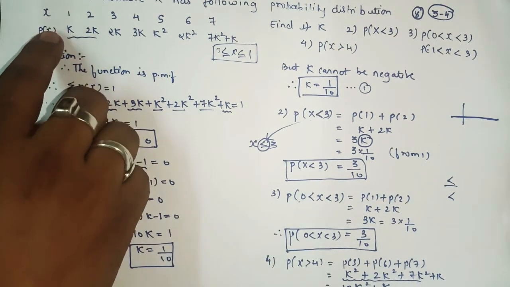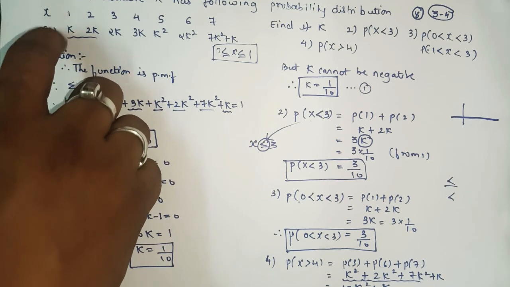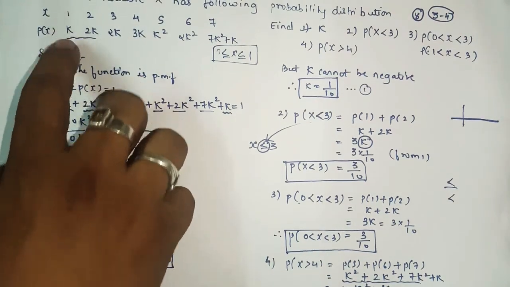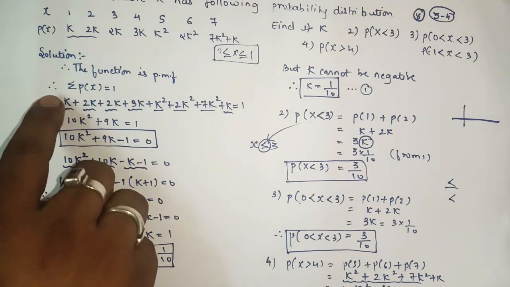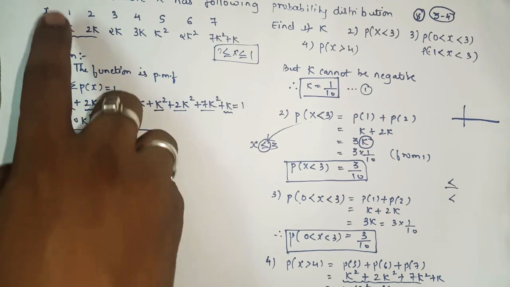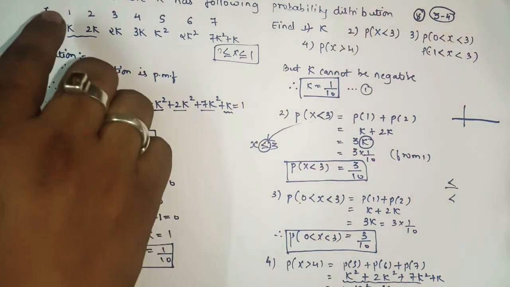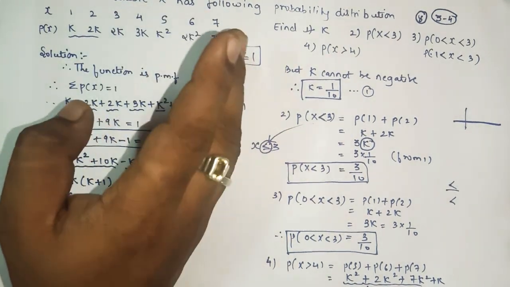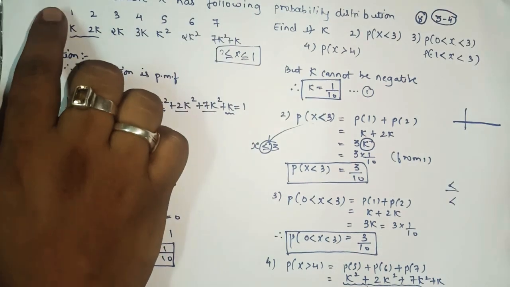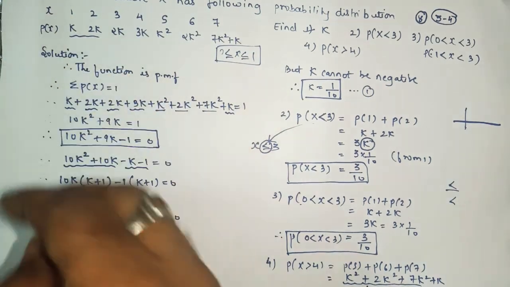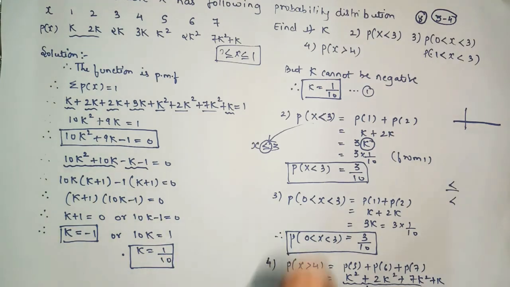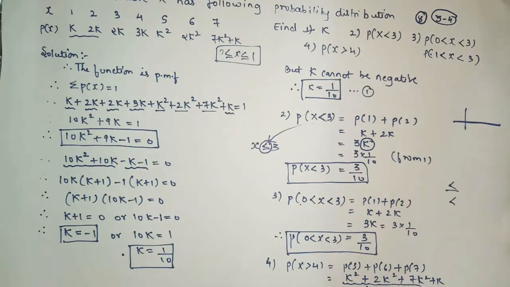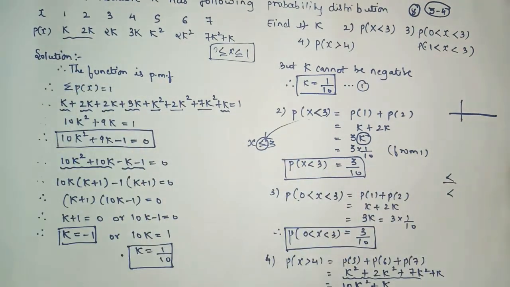So here 0 is not there in the section. If suppose in the question it is given that 0 is so and so, you will include the probability of 0 also, but here it is not given. So remember, as the number is missing, it is not given, the coefficient will be 0. If the coefficient is 0, the probability is not given, so we have to consider the probability as 0 only. So for the random variable x, the probability will be 0 if it is not given. If it is given, then it is okay.